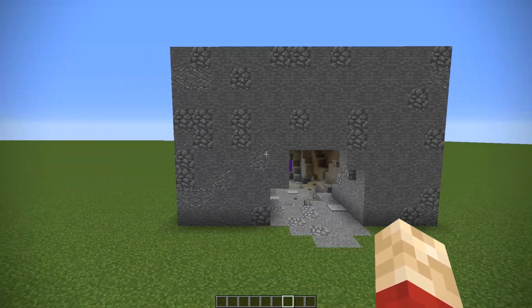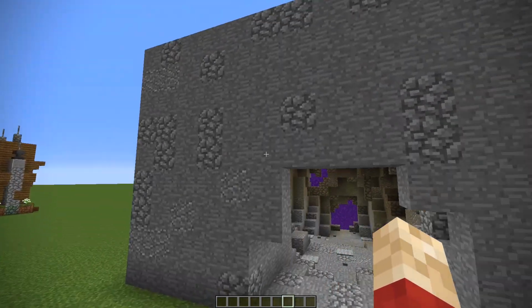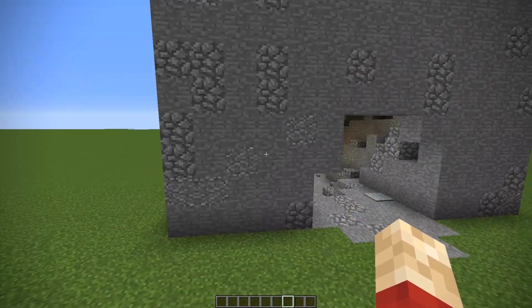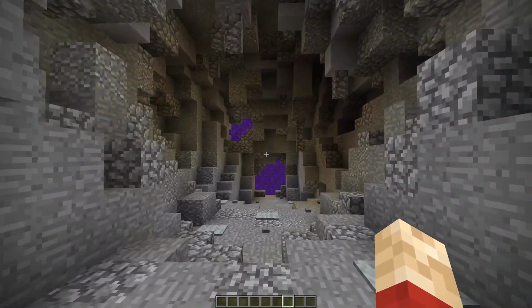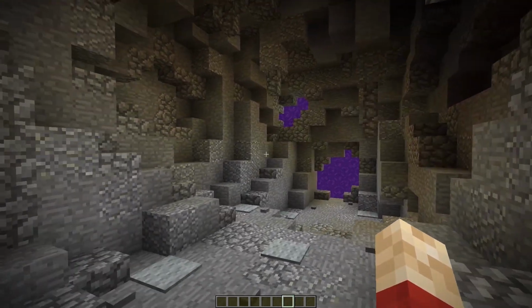Next one is my personal favorite, which is the cave design. So obviously you need to pretend that this is either underground or inside a hill or something. It's not just sitting in a block on the outside of the world. So we've got a custom cave, which we've made several times on this channel,